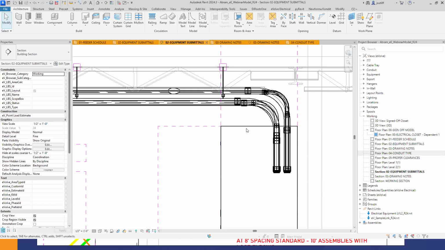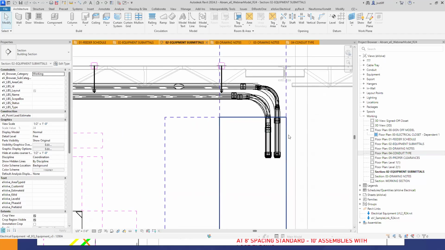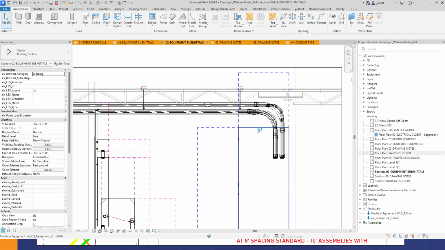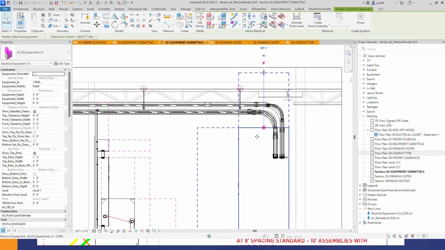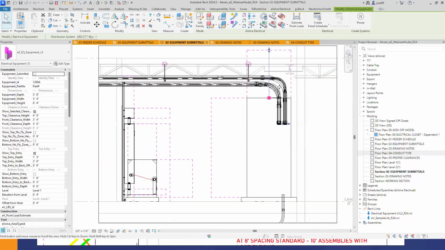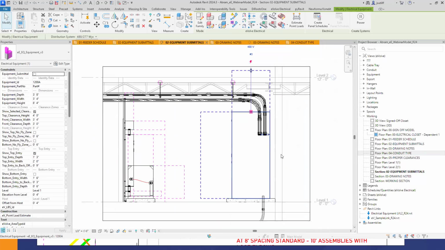Because if our equipment gets smaller, well, that's going to make things a lot easier. Yeah, it might extend our conduit a little bit, but if we oversize this by, say, 6 inches too tall, 6 inches too wide, yes, that will affect your landing zones potentially, but at least that way you're modeling with